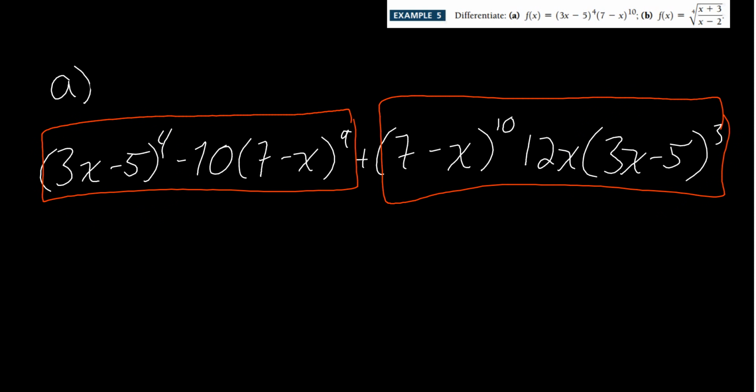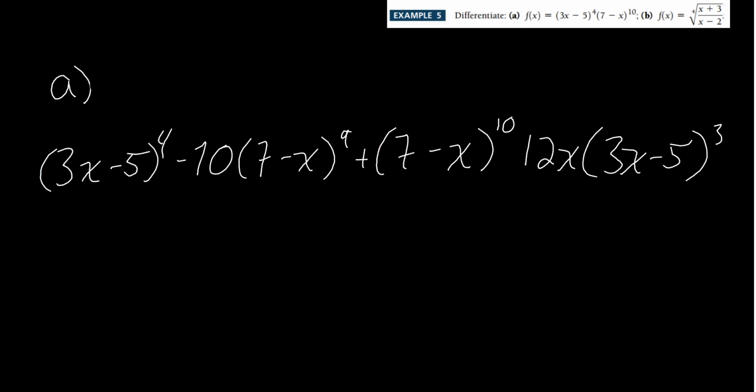Okay. And we also have a 7 minus x and a 7 minus x. Okay. At least one's raised to 9, one's raised to 10. So we can factor that out. Okay. And we also happen to have a negative 10 and a 12x. So it looks like we can factor a 2 out. Okay. So let's go ahead and do that. So we're going to factor out a 2. Let's put this in yellow. No, that's too green. We're going to factor out a 2, and we said we're going to factor out a